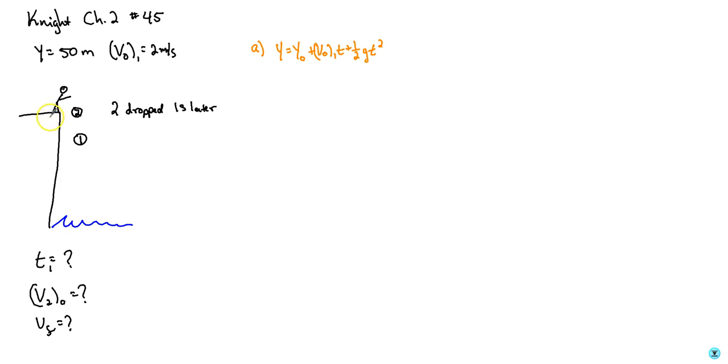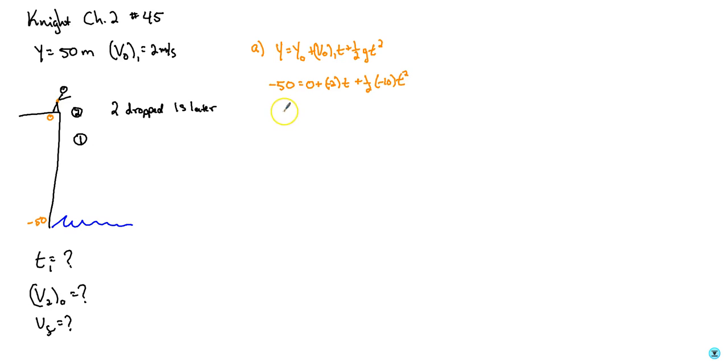Plugging in our stuff, if this is 0, then this is negative 50 if we're taking where the man is standing to be our origin. So we'll have negative 50 is equal to 0 plus 2 times t, negative 2 times t, plus 1/2 negative 10